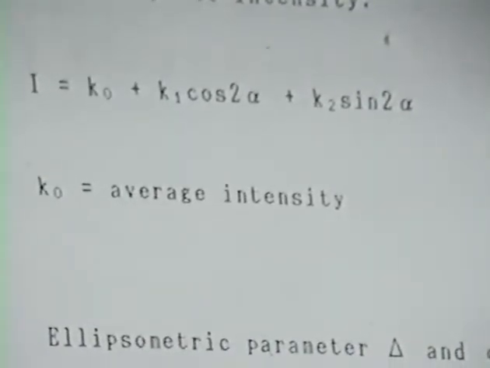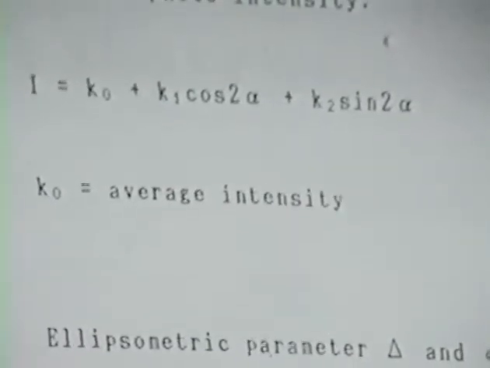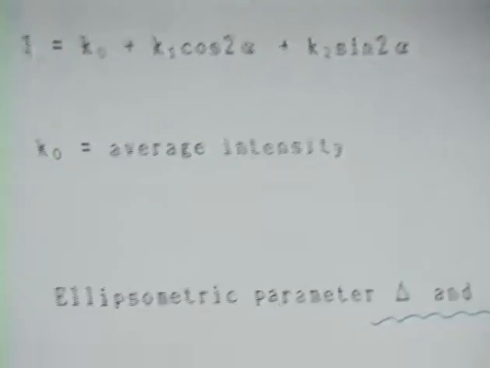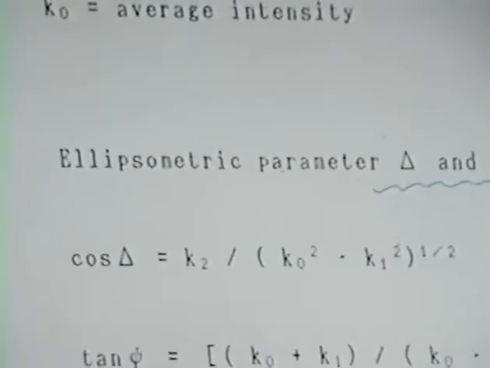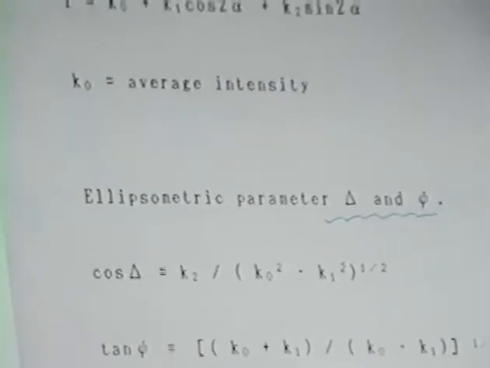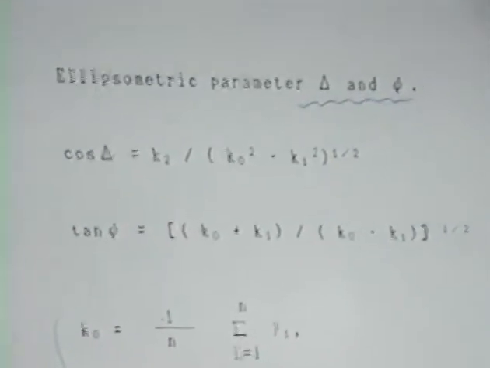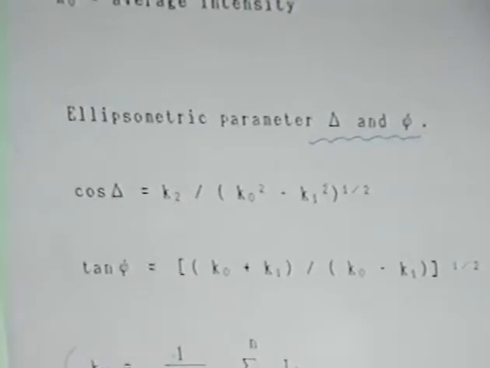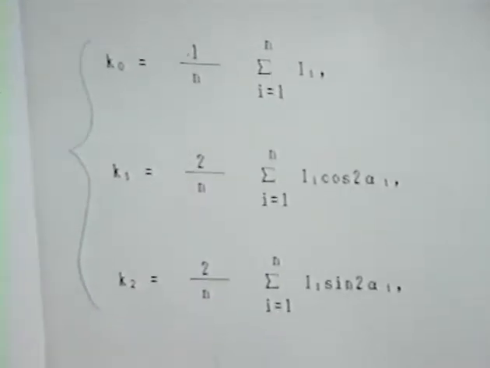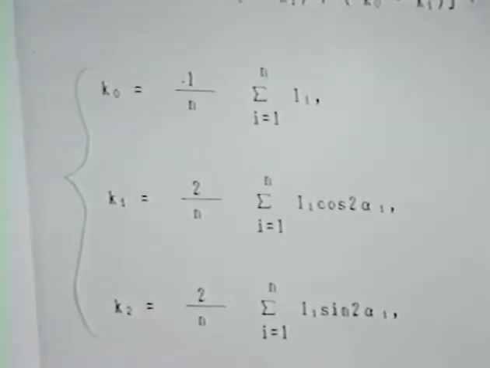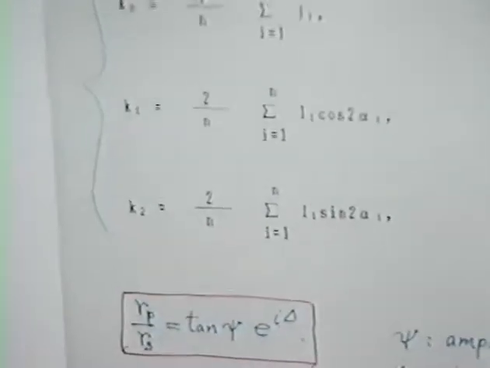Each coefficient, K0, K1, K2, is calculated or observed according to these equations. By those coefficients, we can calculate the ellipsometric parameters delta and psi. Delta and psi are defined by this equation here. The ratio of the amplitude reflectance of P polarized light to that of S polarized light is expressed